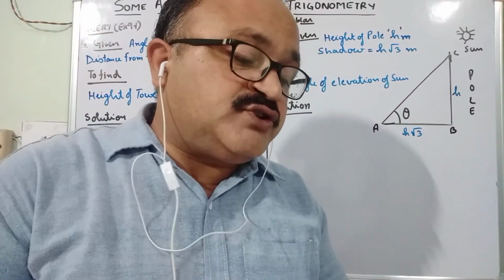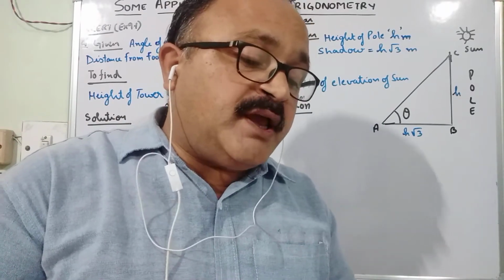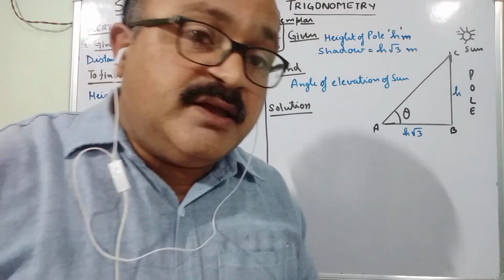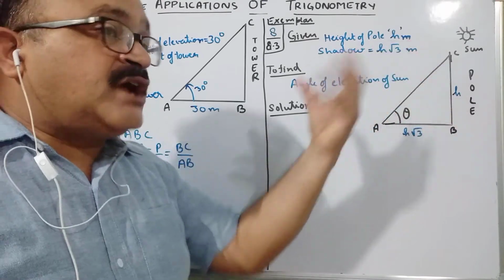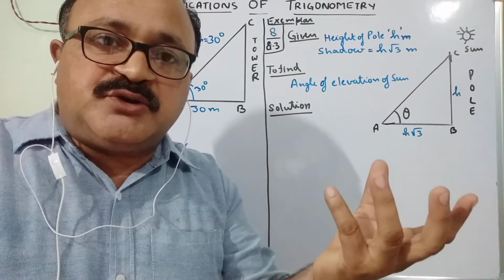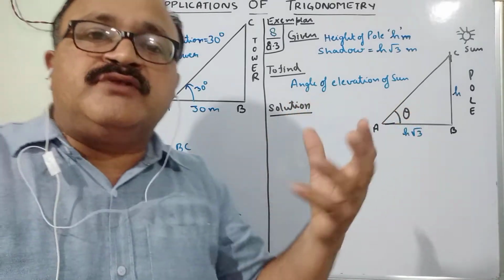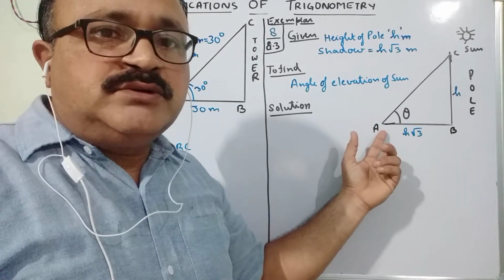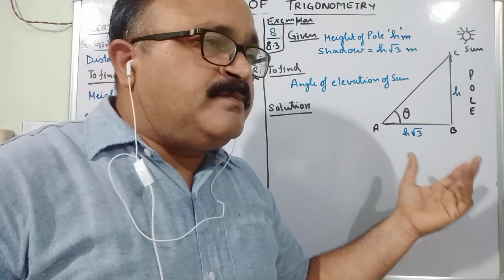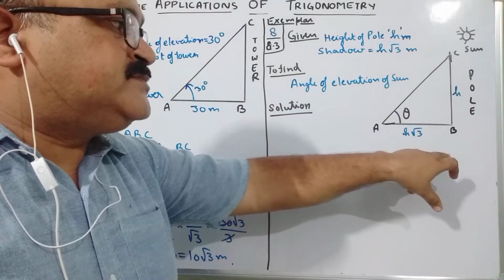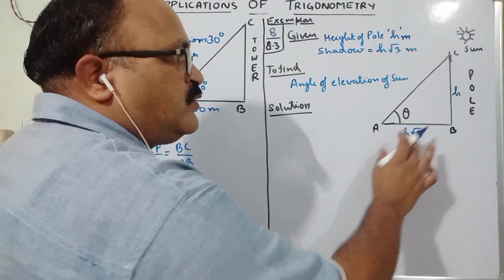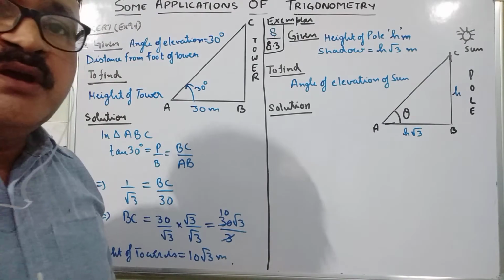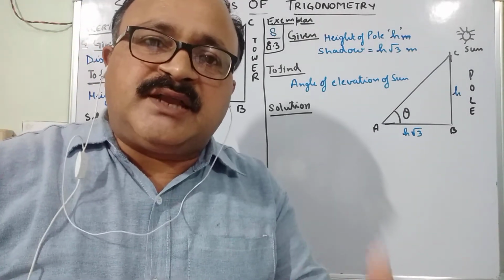Find the angle of elevation of the sun when the shadow of a pole h meters high is root 3 h meters long. In this case, the figure will be like this, because shadow is being talked about, so there must be some light source, and here it is asked the angle of elevation of the sun. So the sun, a tower, at a point on the ground, right? Those three things are there, and when you make a figure, the pole will be like this. The height of the pole is given as h meters, and the shadow is given as h root 3 meters. Again, the ratio will be the same, tan theta.